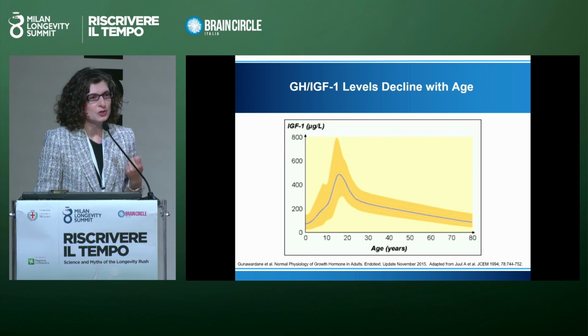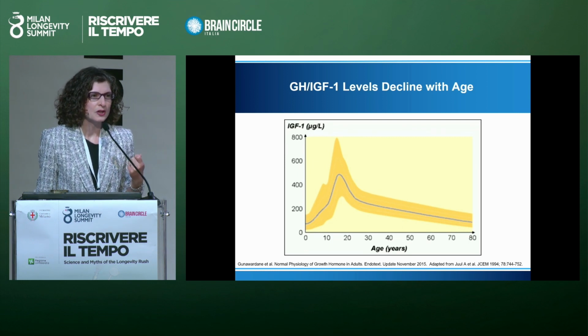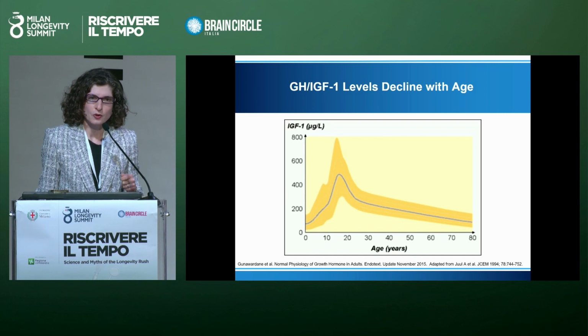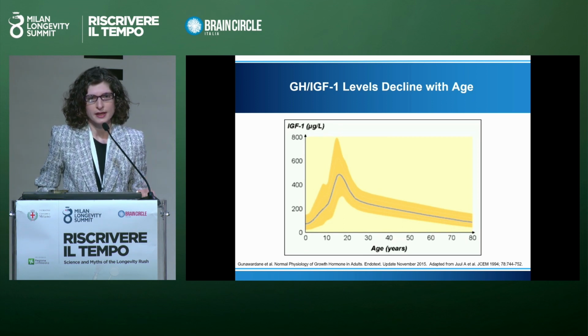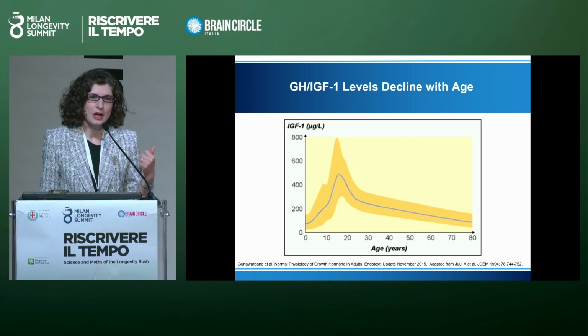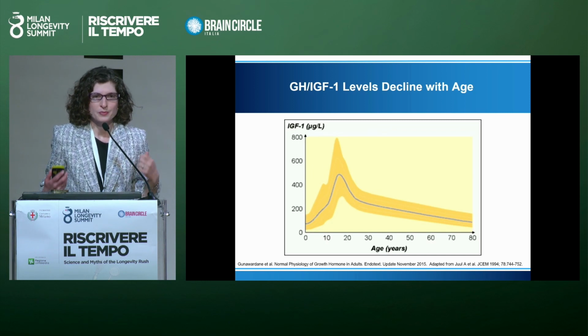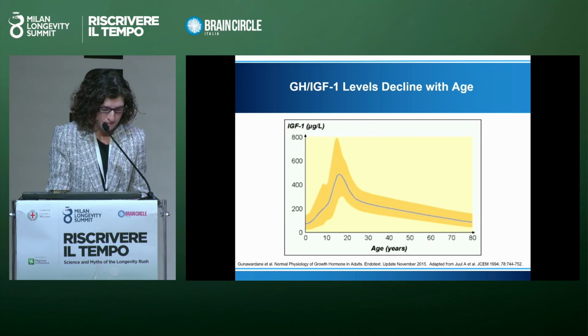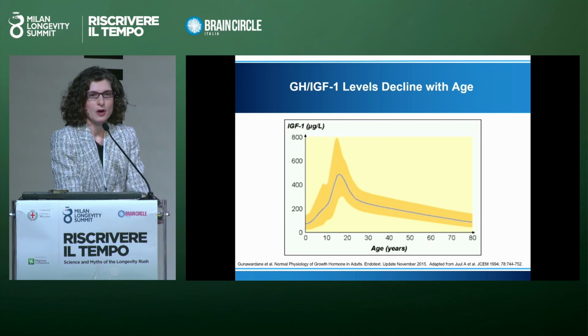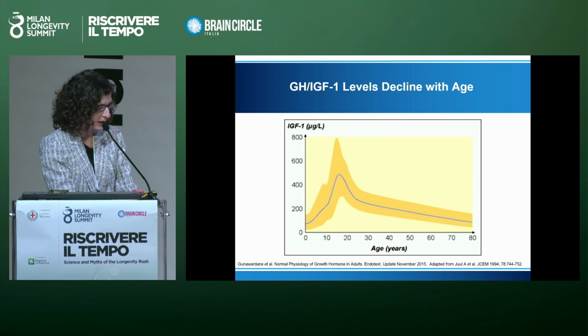And when we do research in people, it's very difficult to actually measure growth hormone itself. So we measure a surrogate, a marker of growth hormone called insulin-like growth factor 1, IGF-1, which is produced in response to growth hormone. So they go hand in hand. When one goes up, the other one goes up. When one goes down, the other one goes down. So we can rely on IGF-1 as a marker of growth hormone levels, and throughout my presentation, I'll use them interchangeably.